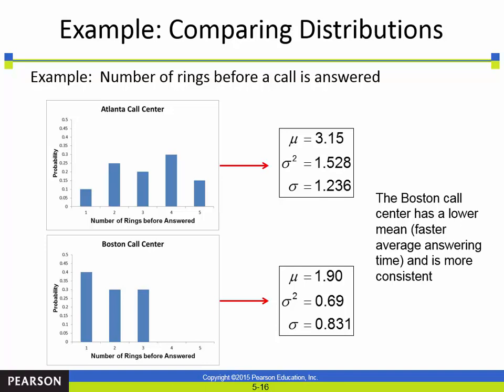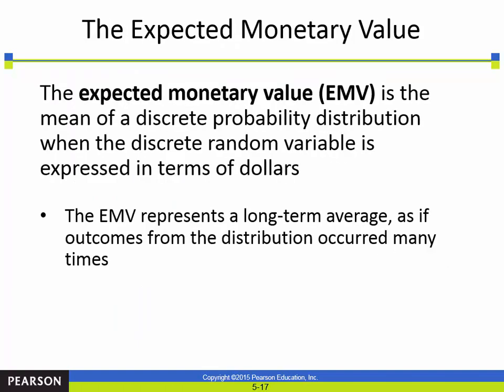So what we'd probably do as management is we'd go down there and try to figure out why that is, right? I think we're learning that in financial management, that a lot of times we can look at the data and say that tells me something, but you still have to connect it to what's happening in real life. Is it that they're understaffed? Is it that the way calls come in there, they have these high peak times where it's very hard for them to answer them as quickly, and that's going to create more standard deviation as well, less consistency? Or is there something else that we can do something about? So that's kind of an example of how we might actually use that information.